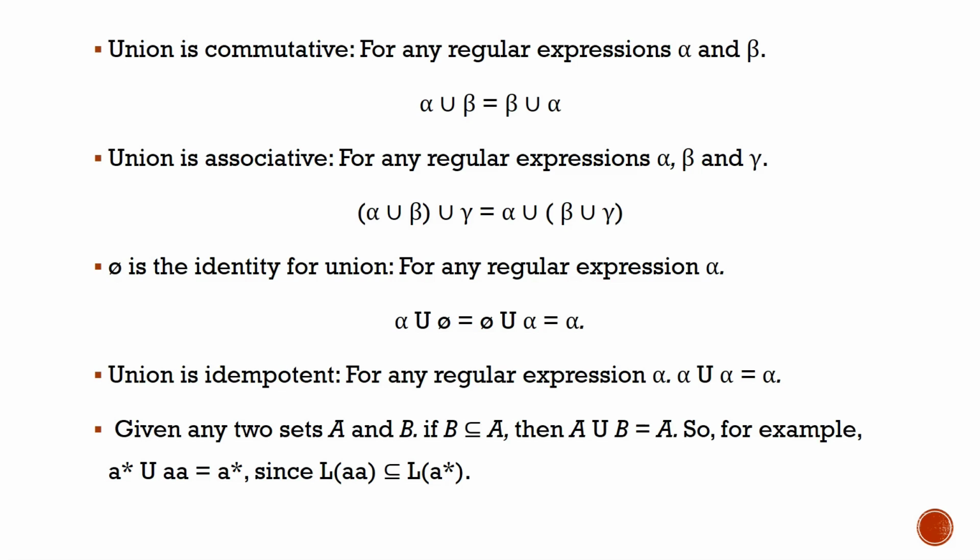It indicates zero or more occurrences of the character A. Let us take it as a capital A over there. That is my regular expression. Let the second regular expression be AA, two A's. Now AA is a subset of A star. We know that AA is a subset of A star. So the whole thing can be reduced as the language of AA is a subset of the language of A star. That is, the whole thing we can write as the language of A star. This is what this rule is all about.